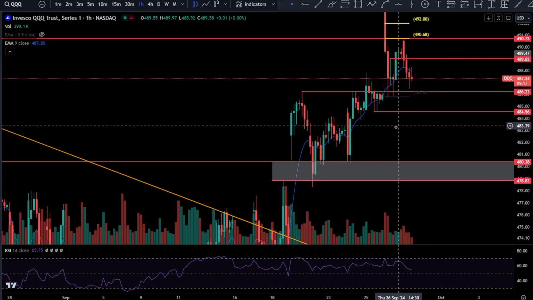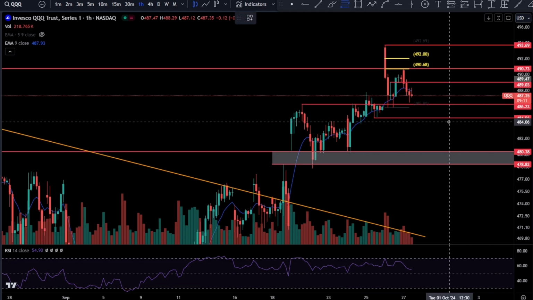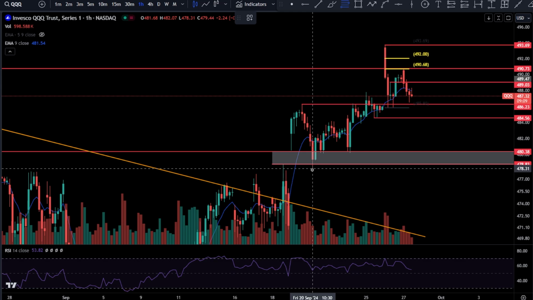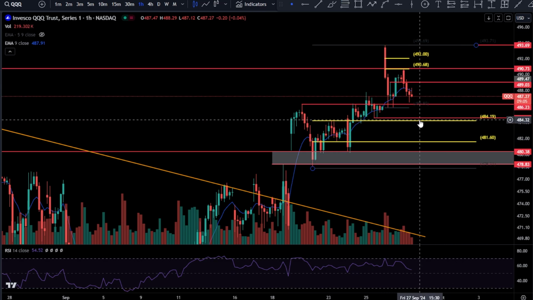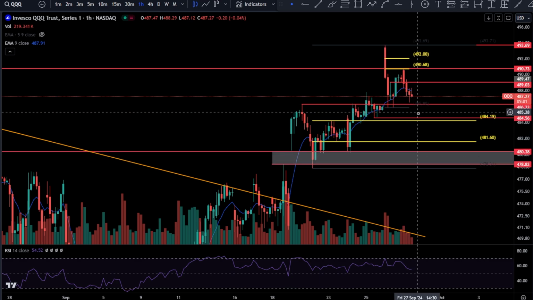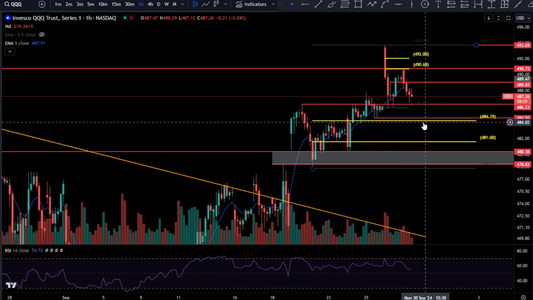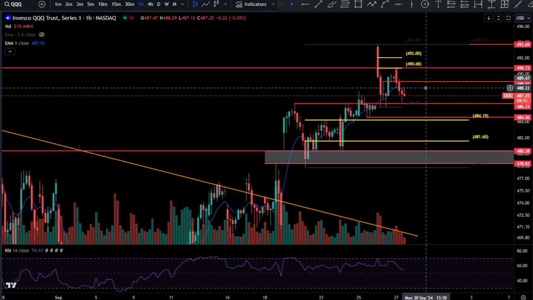All right, underneath there, we're really not going to have anything till all the way down here. And I don't like to have this massive gap. Yeah, maybe it trades like that. But at the end of the day, we can also just take a golden pocket and realize that it starts down here. Maybe it's not going to go straight down here. Maybe you're going to come down here, sweep this low, tap that 0.618 fib, and then go back to just ranging here. We don't know how it's going to go, all right?